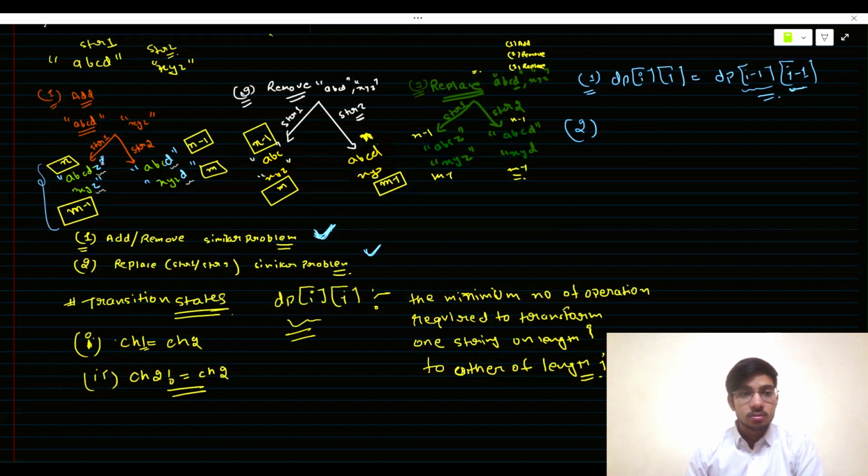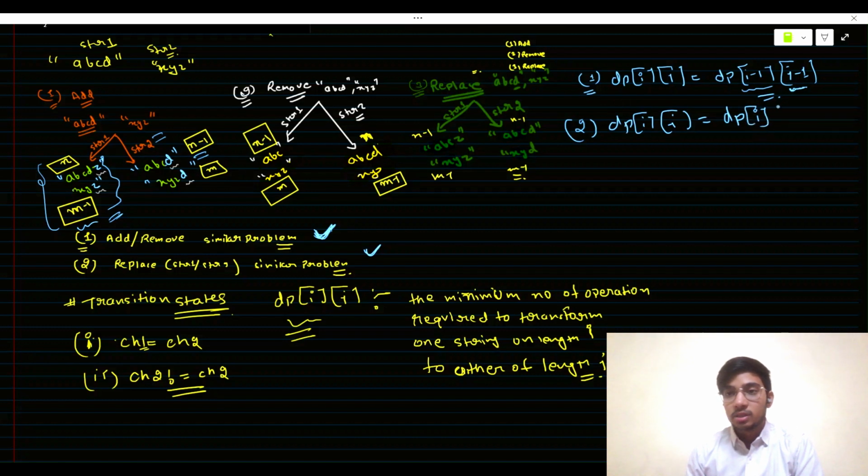In one thing, the length of the string 2 is reduced, and for the other, the length of the string 1 is reduced. Similarly for remove, one of the lengths gets reduced, right? So I could write something like that. I could write the transition state that